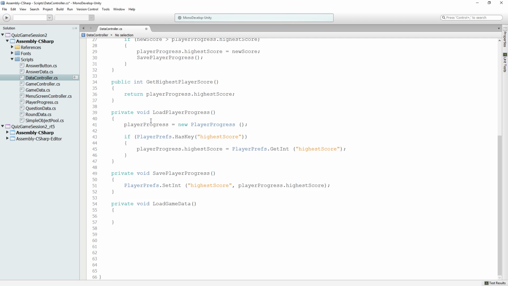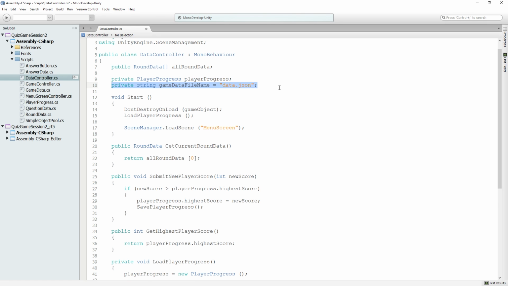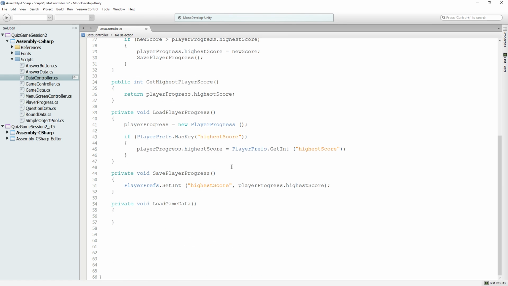So we've got our private gameDataFileName, and now in LoadGameData, we are going to create a string variable called filePath, and that's going to be equal to